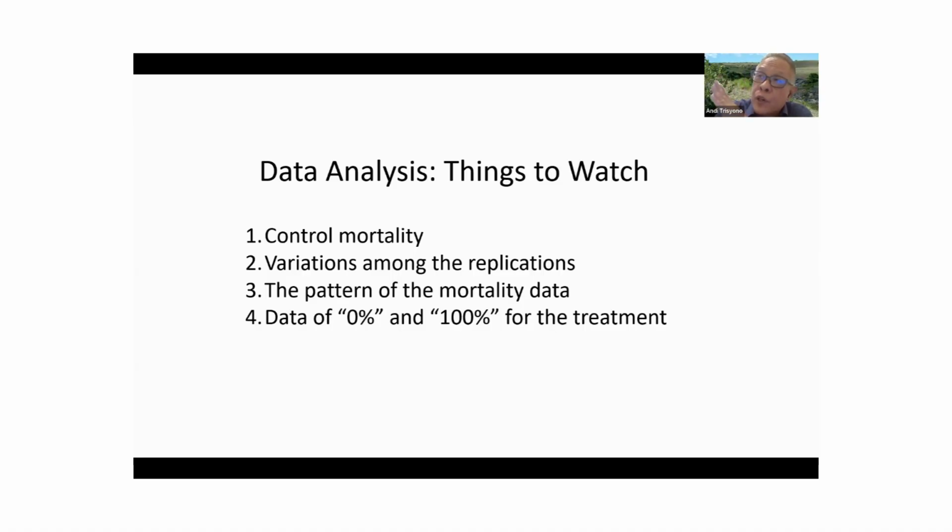But if you go back to the sigmoidal shape, you can end up having maybe 2 or 3 highest concentrations of your bioassay causing 100% mortality. If this is the case for you, don't use all these concentrations that cause 100% mortality in your analysis, because it's going to cause some skew toward the right. So using the lowest concentration that causes 100% mortality is going to be good for us,